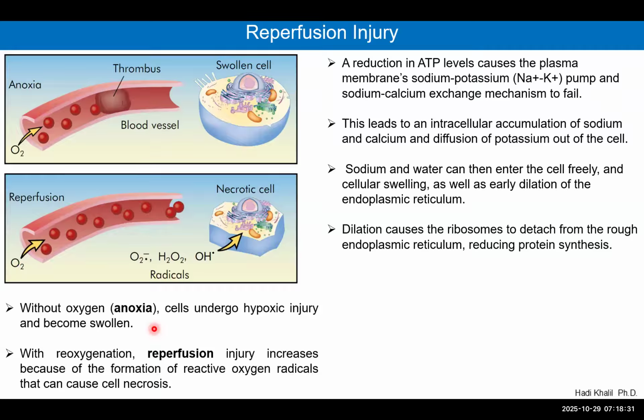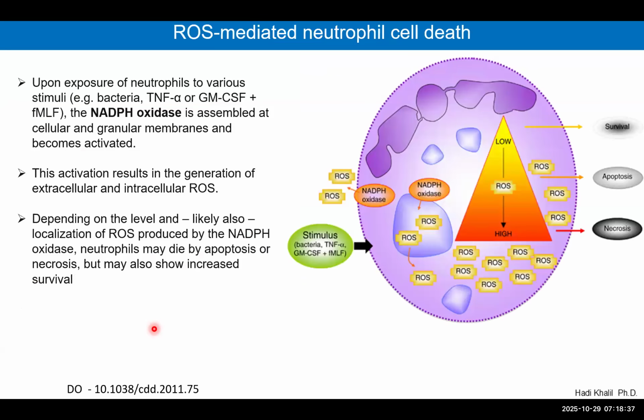So the molecular cascade is still continuous. Probably we're going to stop it here for the next couple of slides, but this will generate an immune response, and that immune response is, I'm just making a snapshot for you here, ROS-mediated neutrophil cell death, because neutrophils are first of all the highest in number, and then they are circulating constantly in our blood because they can detect those damages. So if a neutrophil got into a stimulus, which is endogenous or exogenous, so imagine there's